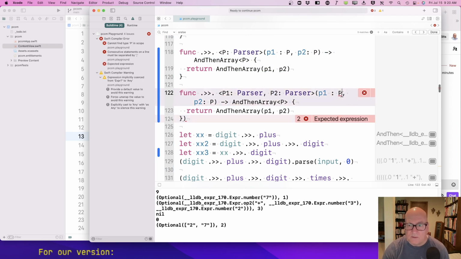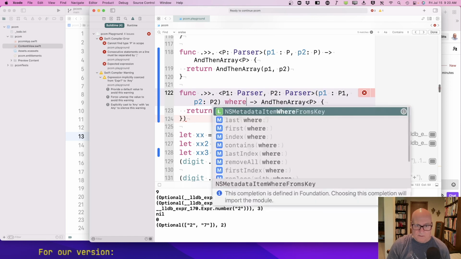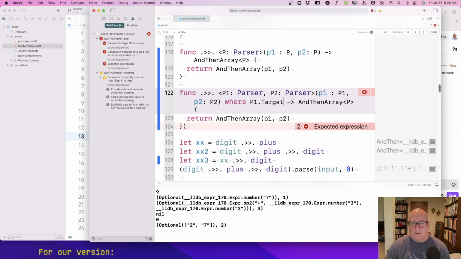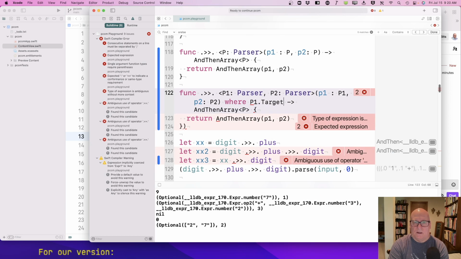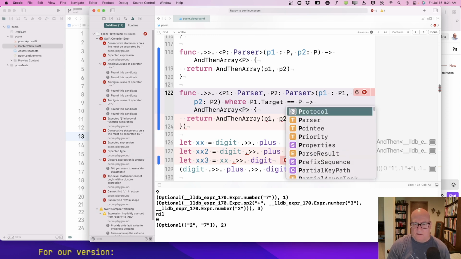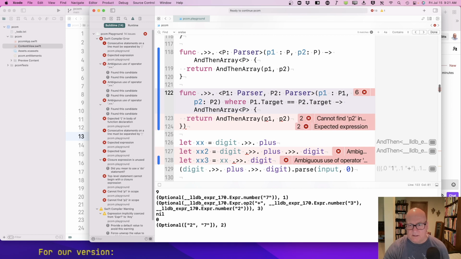Function dot P1 of P1, P2 of P2. Is it where P1 dot target equals, it's not p2.target because